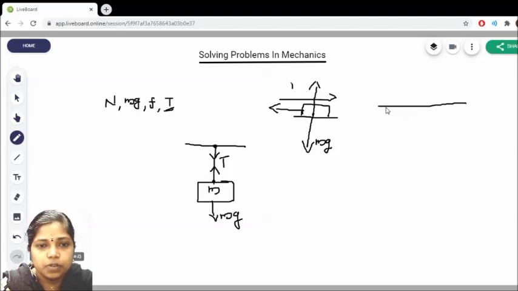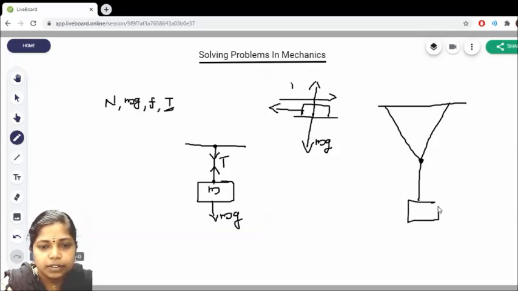Suppose I have a rigid ball here and we took two strings and I tied these two strings at this point, and from this point again I am taking one more string. At the other end of the string I have an object with mass m, and I have to draw the tension involved in the string.